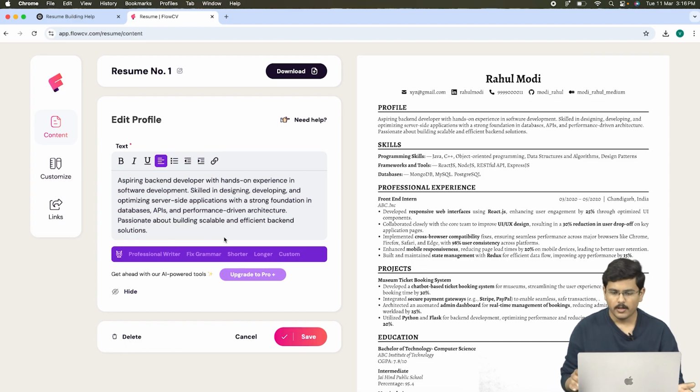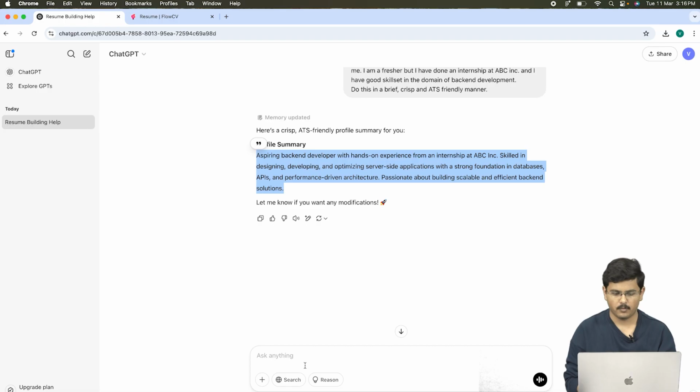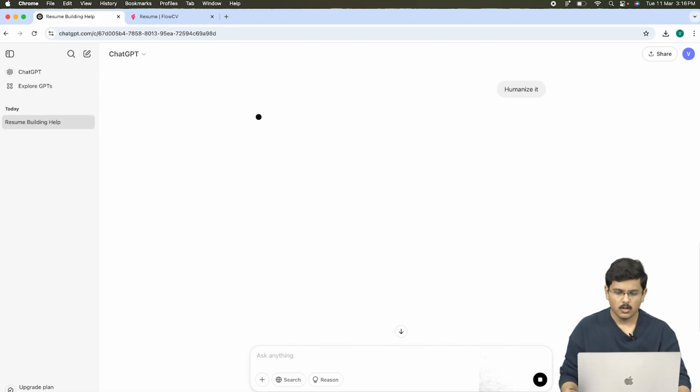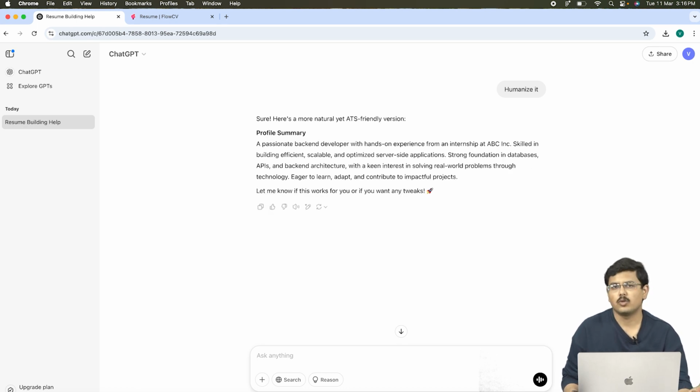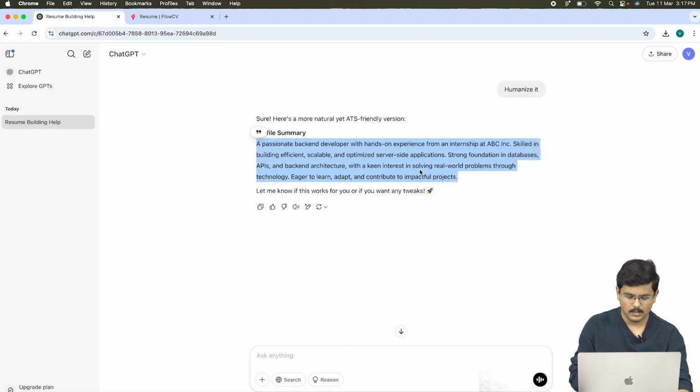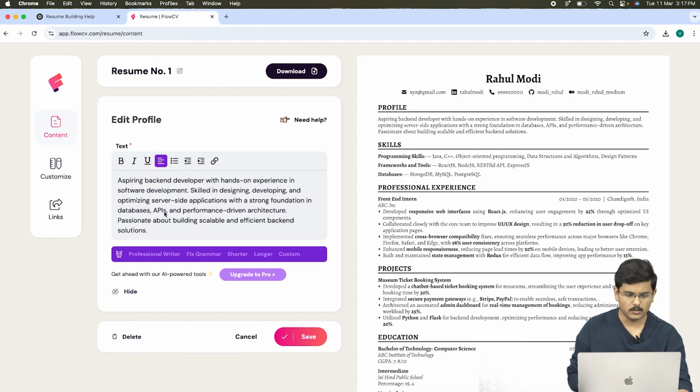Fine. Now once it is done, I would also suggest you one thing. You should humanize it. Fine. So when you humanize it, it is less of an AI version, so the advanced ATS systems do not detect that this is a ChatGPT built text. Fine. So I'll keep a few sentences from the previous thing that I have written and the rest from this particular